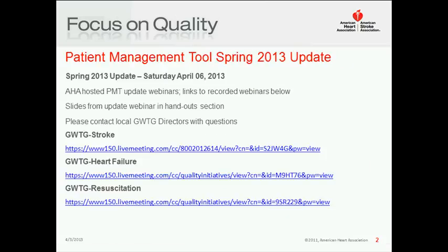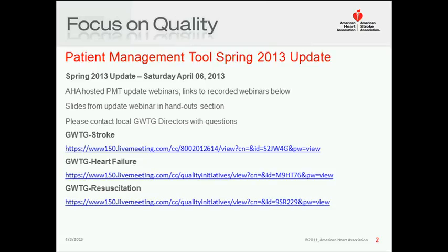As I did mention, the patient management tool is periodically updated and enhanced. We do that twice a year. So, seeing as though I have this captive audience, I will remind you that the spring 2013 update is set to go live this Saturday, April 6th. There were several calls conducted in order to review what those updates would be for the stroke, heart failure, and resuscitation modules.